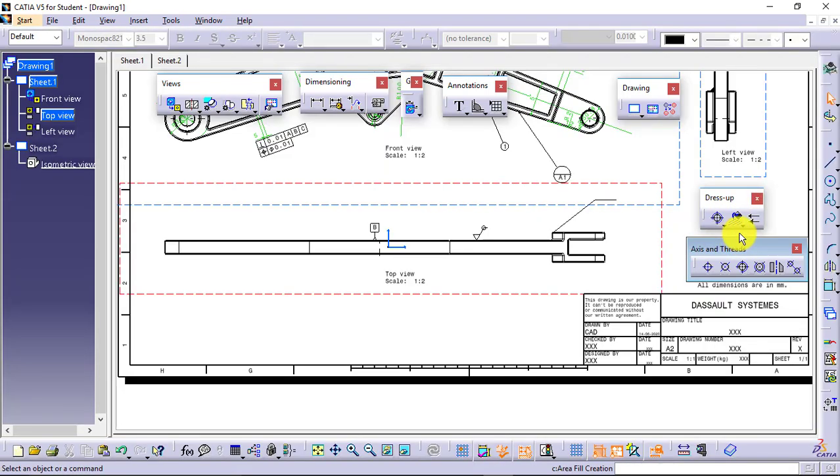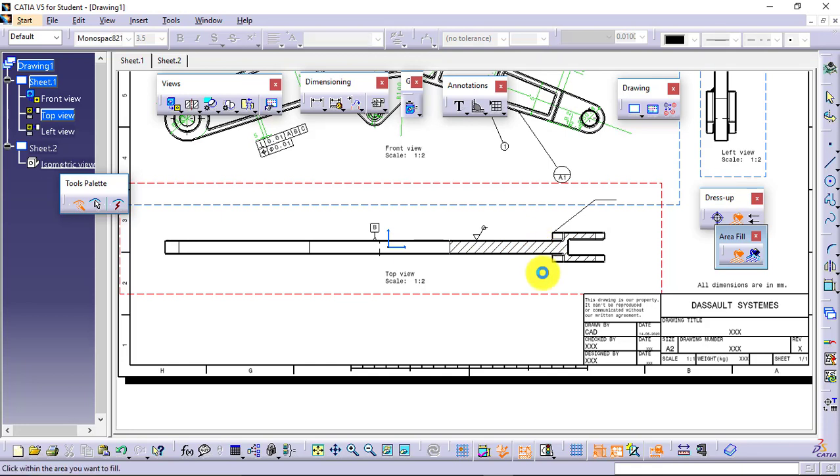Similar to that, we have fill available: area fill creation and area fill modification. I want some particular area to be highlighted. I'll select it and I'll select the area. So you can see this much area is highlighted. If I want that to be modified, I'll go for the modification, select the area, and over here I have the options available: profile selection, or what type of selection I want to make.